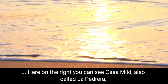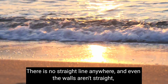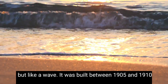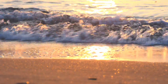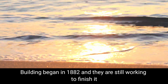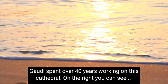Here, on the right, you can see Casa Milà, also called La Pedrera, which is perhaps the most famous of all his buildings. There is no straight line anywhere, and even the walls aren't straight, but like a wave. It was built between 1905 and 1910 as an apartment block and office building. And now we can see Sagrada Familia, the unfinished Cathedral of Barcelona. Building began in 1882, and they are still working to finish it. Gaudí spent over 40 years working on this cathedral. On the right, you can see...